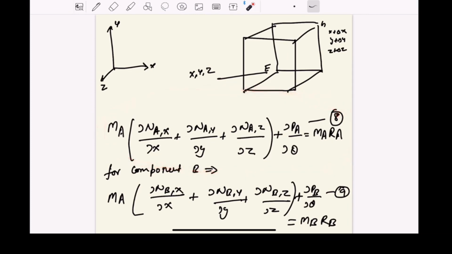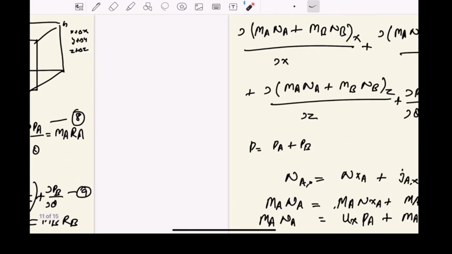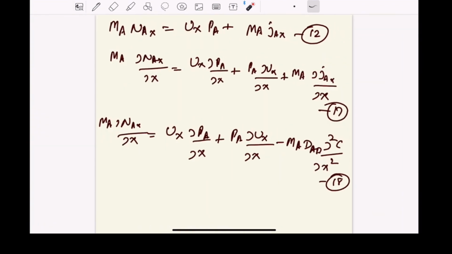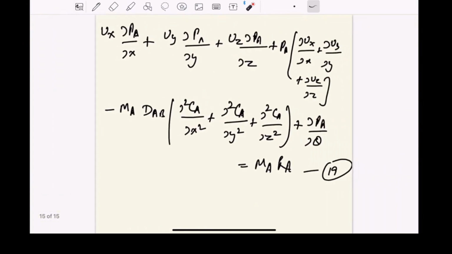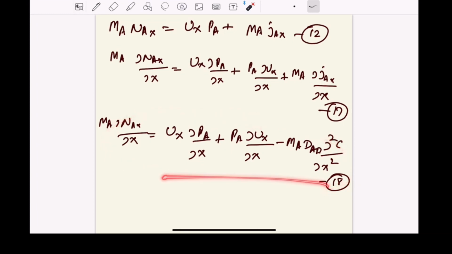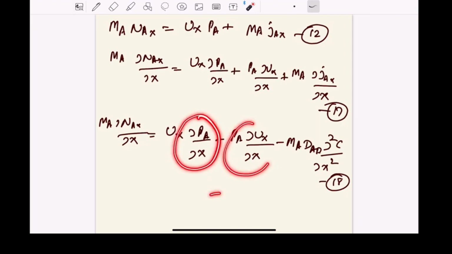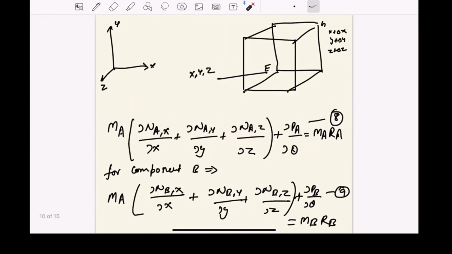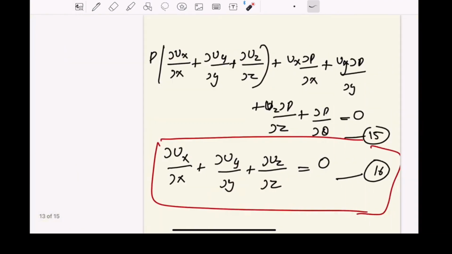We will substitute MA ∂nAx/∂x plus MA ∂nAy/∂y plus MA ∂nAz/∂z with equation number 18. We will use equation number 18 in equation number 8, and then all this for the x component, y component and z component, plus ∂ρA/∂θ is equal to MA r. So it becomes,